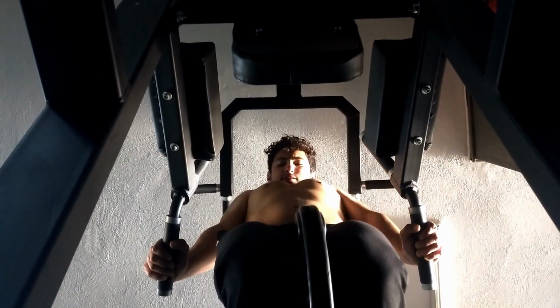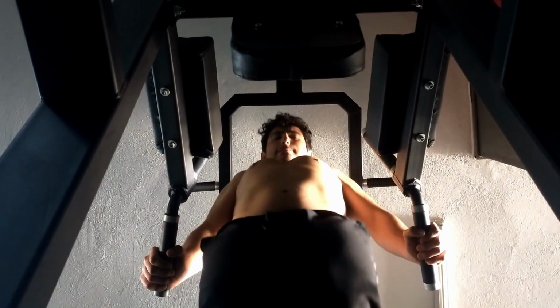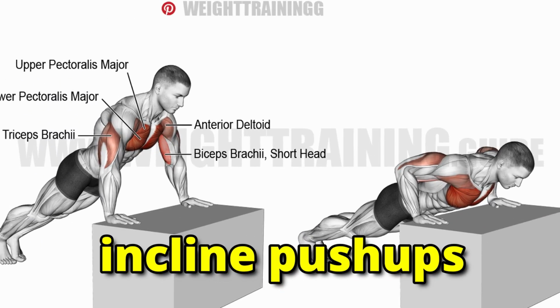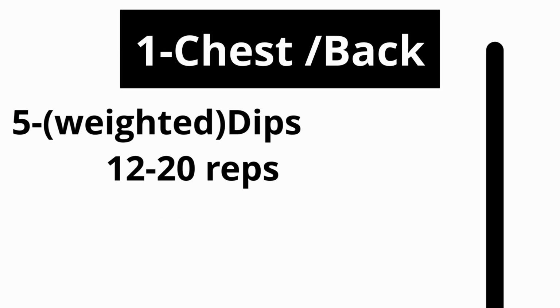And I always did them in drop sets. I basically rep out wearing that weight thing, I forgot its name. Then I'll remove the weight thing, start repping out more reps till failure. And then I'll go do some incline push-ups till my lower chest gets blown. But since I got used to that, I'll go lighter with the weight and rep out 12 to 20 reps